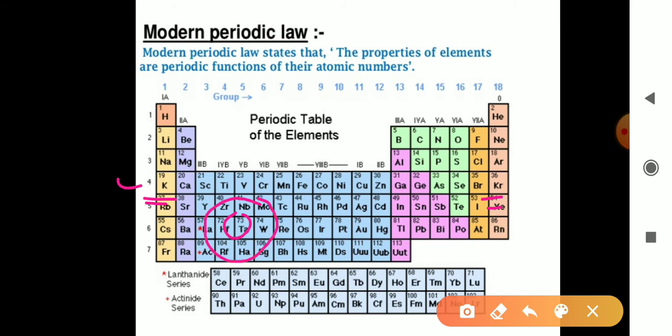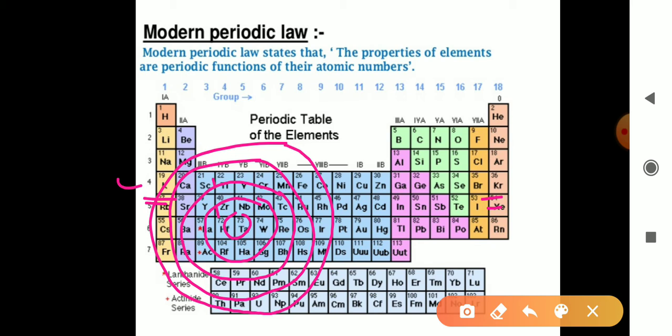So how many shells will there be? As the period number is 4, the number of shells will also be 4. So around the nucleus there are 4 shells for potassium, and also for all the elements from potassium to krypton, that is, the number of shells is the same for the same period. But in the case of valence electrons, they increase by 1 unit at a time.